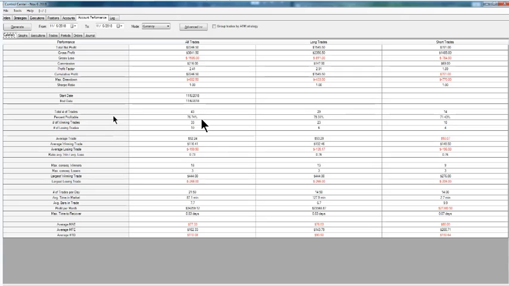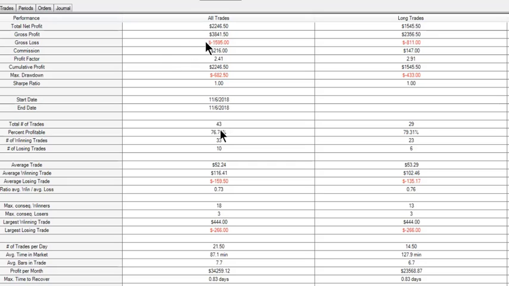I got 76% wins. This is pretty amazing. I wish I could make this bigger. Hold on. This trade performance is a neat feature. It shows I did $3,800 in trades, 16 losses, $100, 2,200 in winners. Total trades is 43, 76% profitable. This is important. Number of winning trades is 33. Losing is 10. Average trade is $52. Average winning trade is 116.